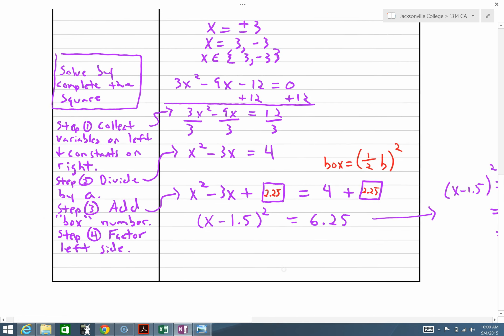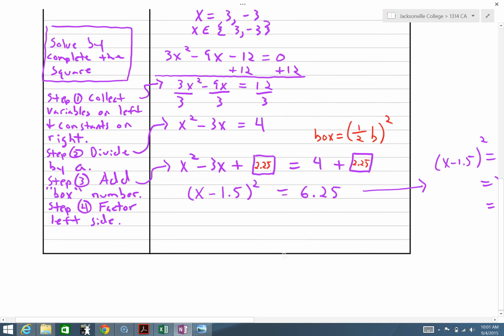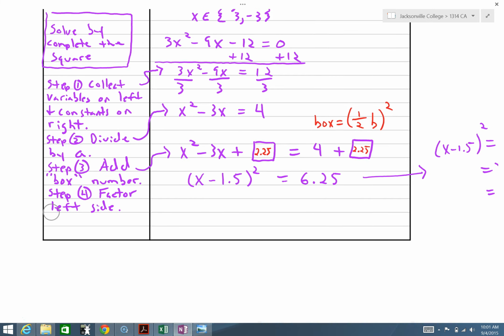And when you correctly add this box number, this factoring will work like that every time. You simply take the square root of the first term first, and you take 1/2 of this term. All right, half of -3 is a minus 1.5. Okay. The final step, step 5. Take square root